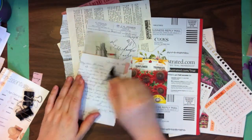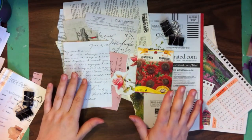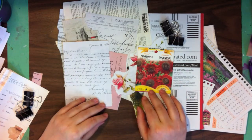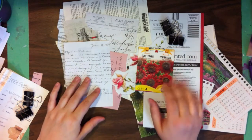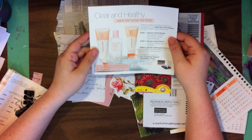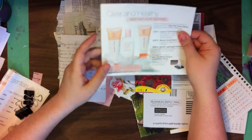Anyway, so my thought was, can we do this out of junk instead of using scrapbooking paper or things specifically bought for junk journaling? So I thought, okay, well, first things first, I need to get a sheet of paper that is 12 by 6. So I had some